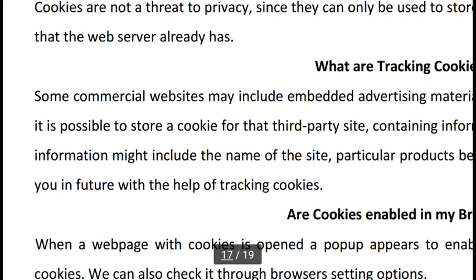Okay, so when you visit a website, a third party website always watches you and keeps track of which type of website you normally access. This kind of information will be stored in a temporary cookies file, and this file will be used by the third party application to send advertisements according to your interest.